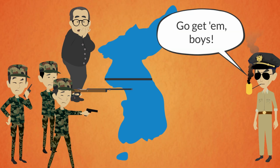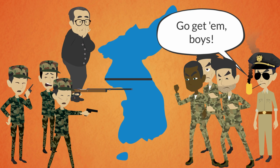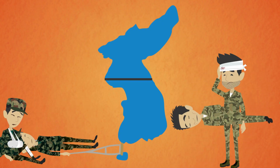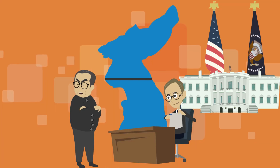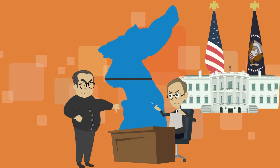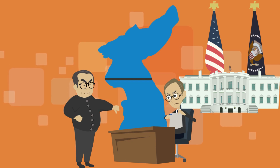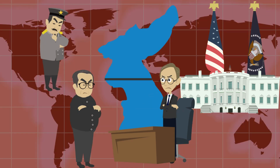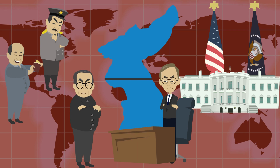The solution? Fight back. By that July, not even a month after North Korea invaded the South, U.S. troops were already fighting on behalf of South Korea. The fighting was intense, and neither side really had much to show except for blood, carnage, and death. The U.S. government tried tirelessly to work out some sort of a truce with the North Koreans, as many feared that the conflict could intensify and expand, leading to war with Russia, China, or both, and possibly a World War